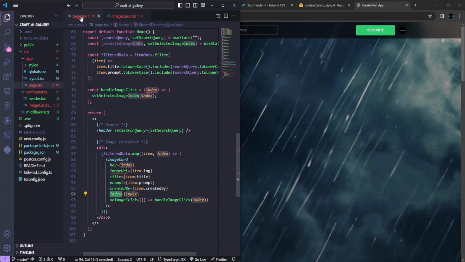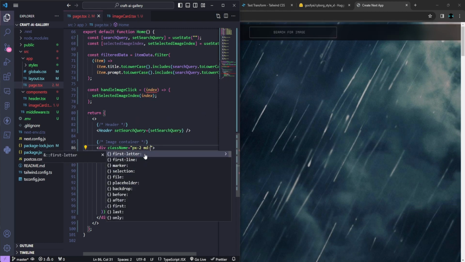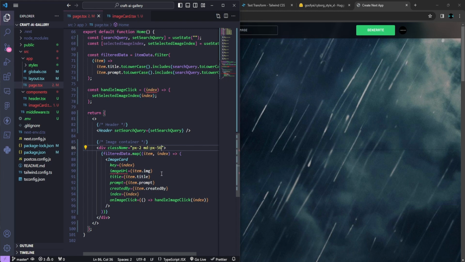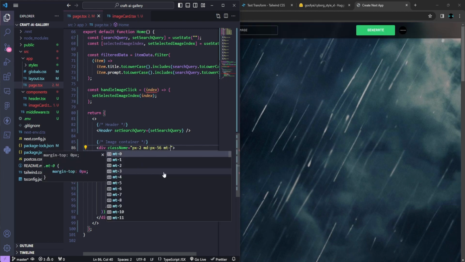Let's get back to our page, like app page, home page, and let's write some styles for our main image container. So let's give the padding left and right of 2. You can check it here. For the middle screen we will give the padding of 56, margin top 36, columns let's give 2,